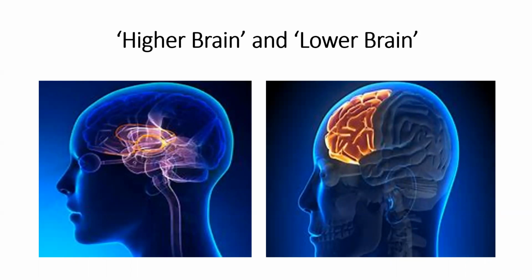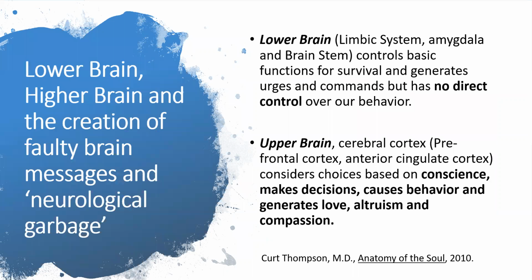This is below the higher brain, below the prefrontal cortex, and it's made up of structures like the limbic system, the amygdala, again, a little bit technical. And the more we can understand how this lower brain, the limbic system, amygdala, brainstem, controls the formation of habits, the more insight we have, the more power we'll have to deal with this effectively and end our habit. So the lower brain controls the most basic functions for survival.